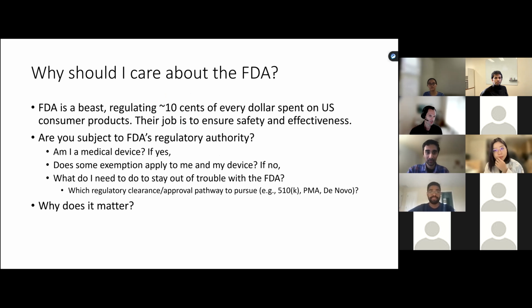Okay, so first of all, why should you care about the FDA? First of all, FDA is giant, right? They regulate a huge percentage of the consumer spend, and their main job is to ensure the safety and effectiveness of those consumer products out there. So you might first wonder, am I, or whatever the product I'm selling, subject to the FDA's regulatory authority? If you're a medical device, then you are. You might then consider, if that's the case, is there some exemption that applies to me? And if not, then you want to wonder, well, what do I have to do to stay out of trouble